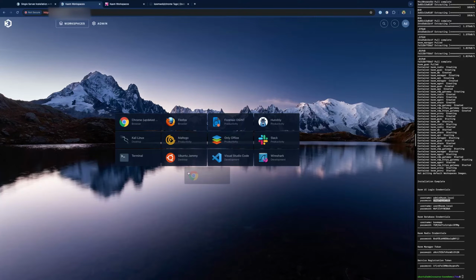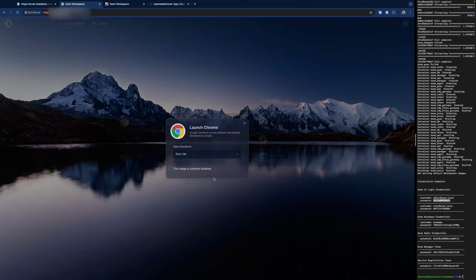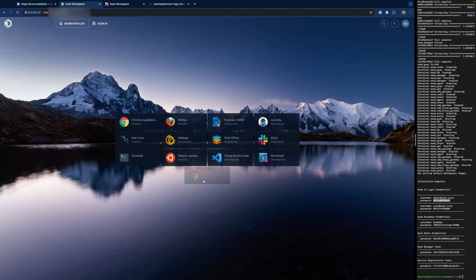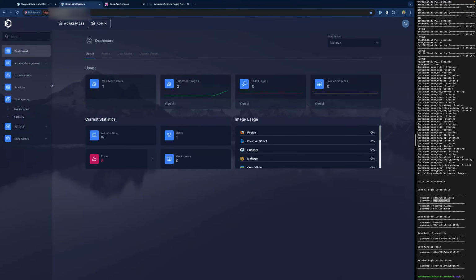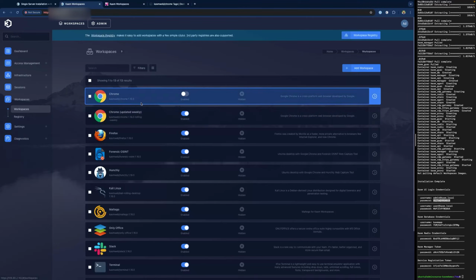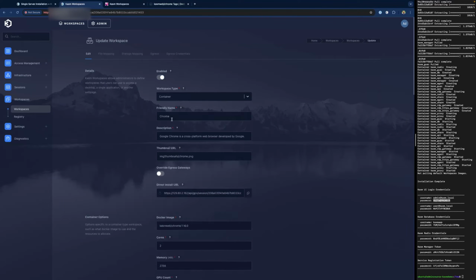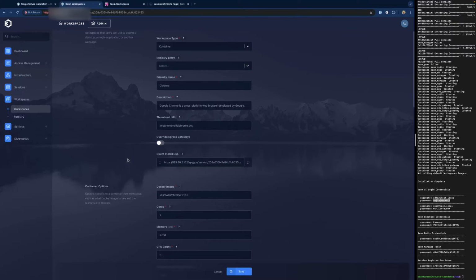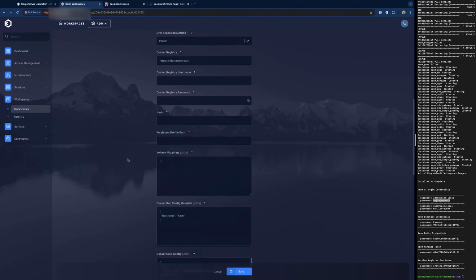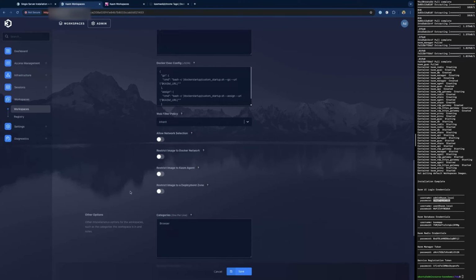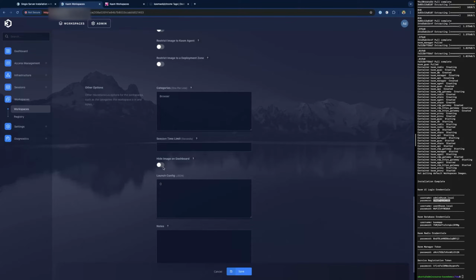Say you don't want to have this here, because this might be confusing to our users, since the image is currently disabled. You don't want that there for them, but again, you don't necessarily want to delete your workspace. So going into Chrome, if we hit edit, you do have the ability to hide it. We will scroll down, and "hide image from dashboard" is the option.